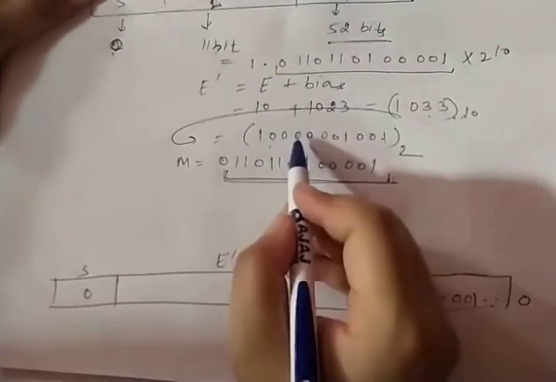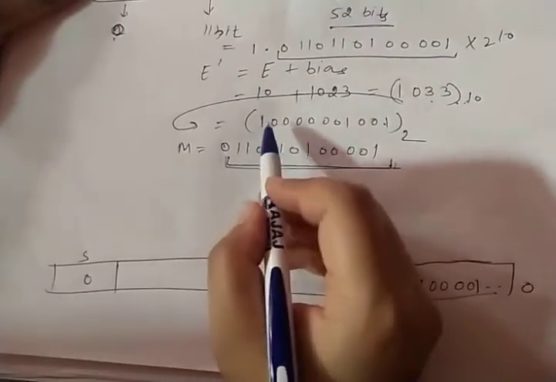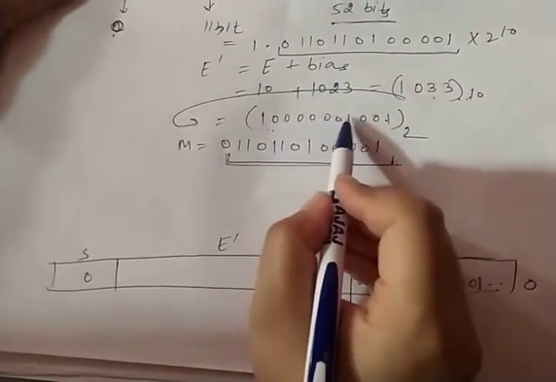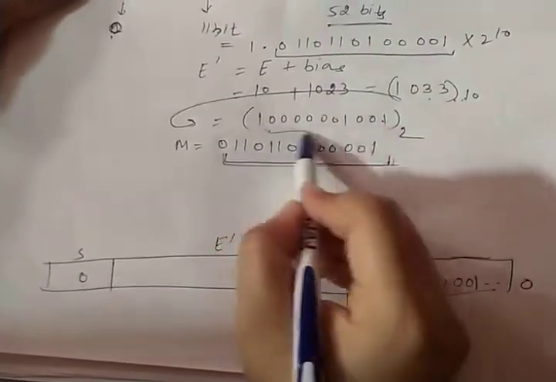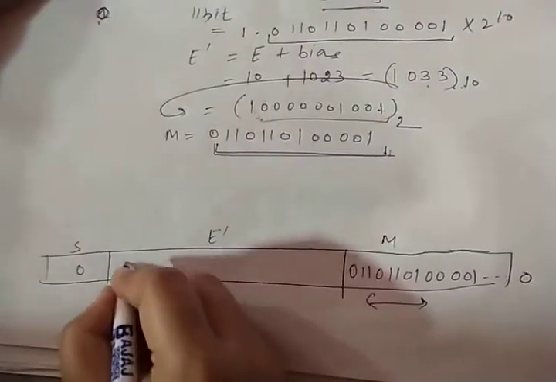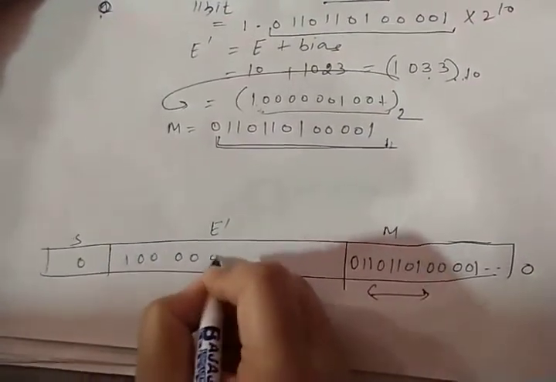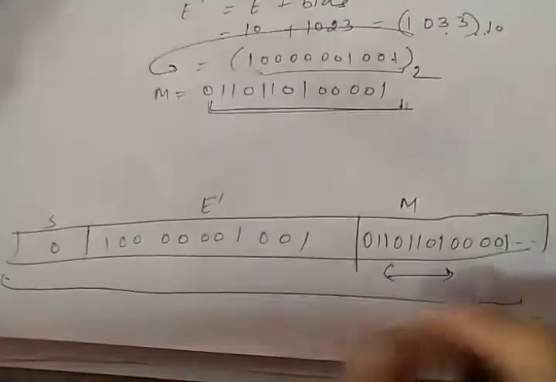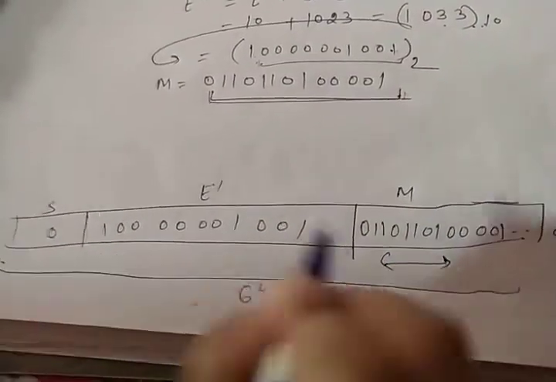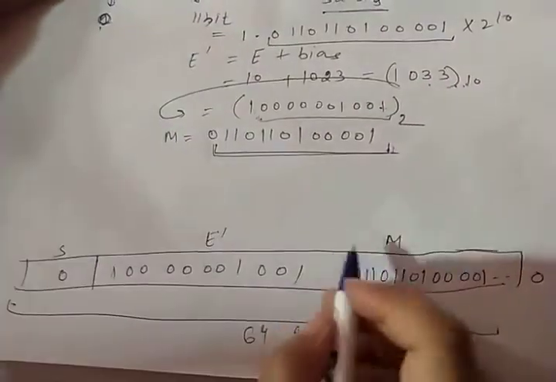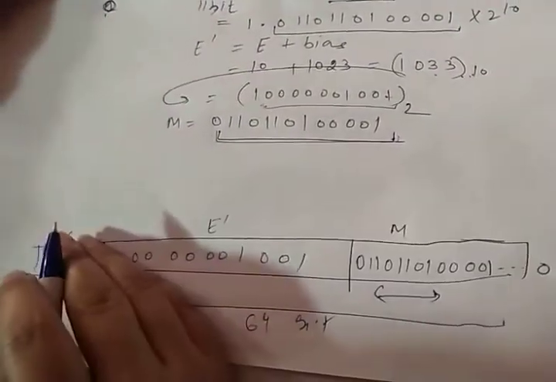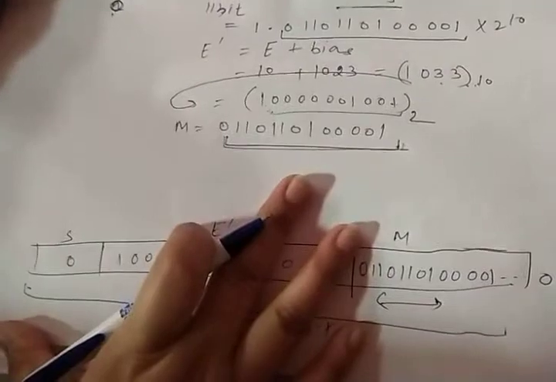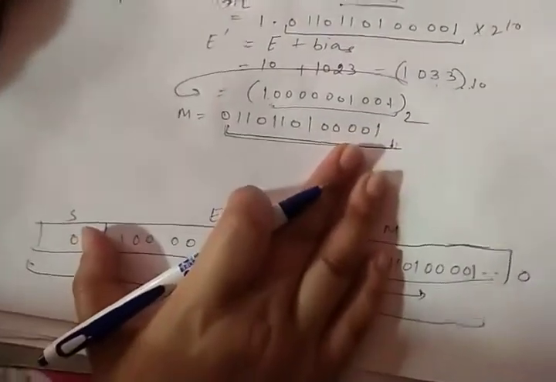Now about the modified exponential, the value I have is 10000001001. Let us count whether these are 11 bits or fewer. So 1 2 3 4 5 6 7 8 9 10 11. It is automatically 11 bits. So we will write all 11 bits here, 001001. So here you can represent the 64-bit format, and in our previous example we have represented the same in 32-bit format. So we have taken an example, and I hope this is clear to you all.